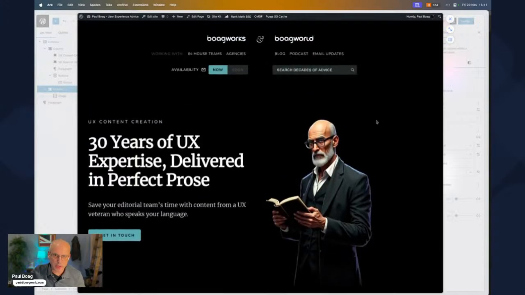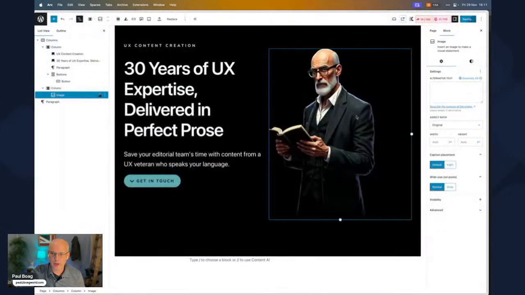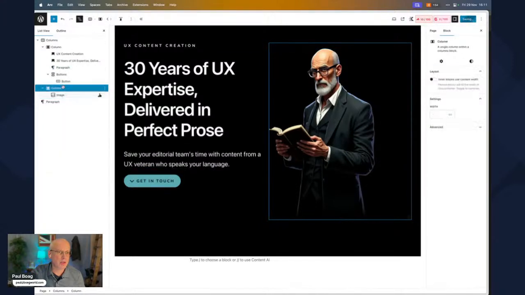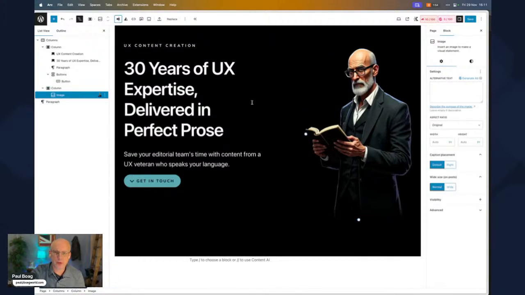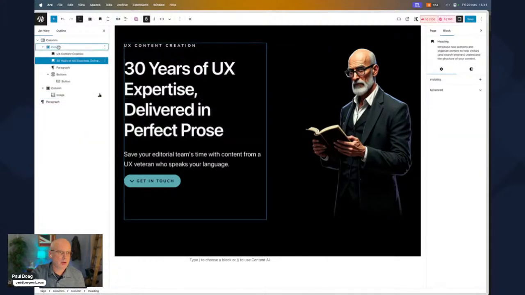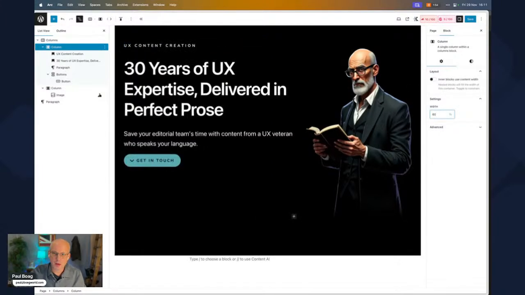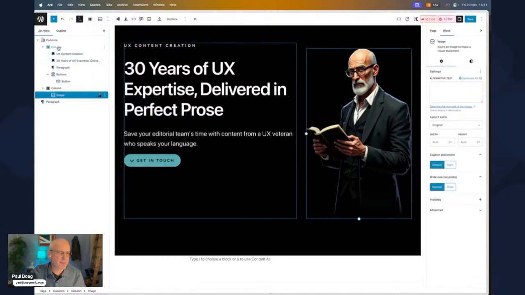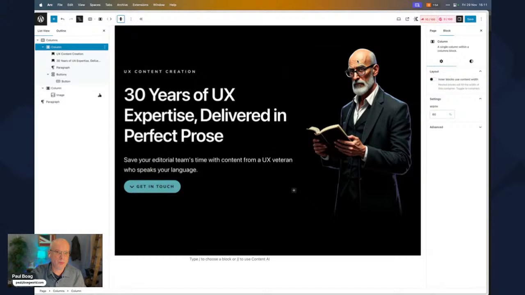That's looking all right, isn't it? We've got a bit of an imbalance going on here because this guy needs to be aligned with the right, and I think we'll change the percentages so that this is 60 width. That's a bit better. And then we want this one to be aligned the middle.